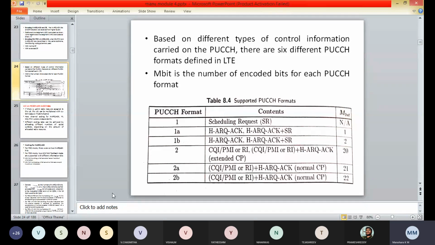Here the contents are CQI or PMI or RI plus HARQ ACK with the normal CP, and the M bits are 21 bits. For the 2B PUCCH format, the contents are CQI, PMI or RI plus HARQ ACK with the normal CP. So M bits are 22.